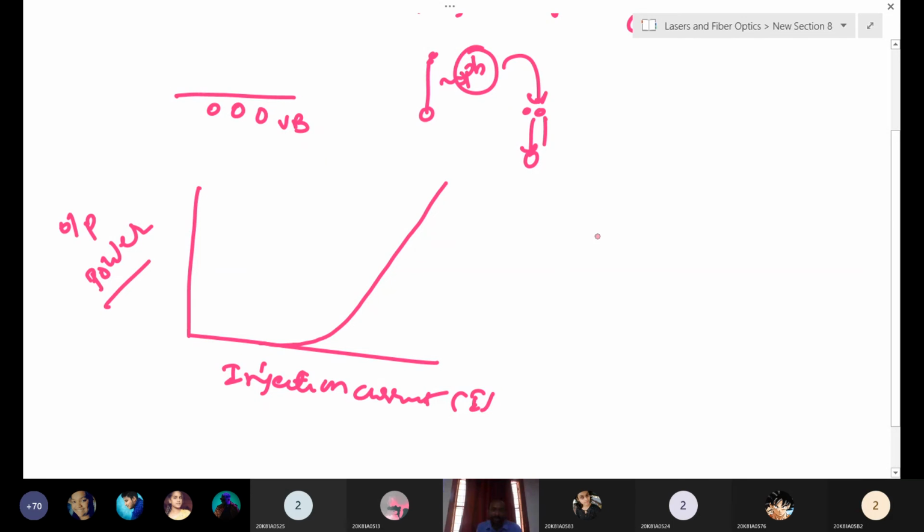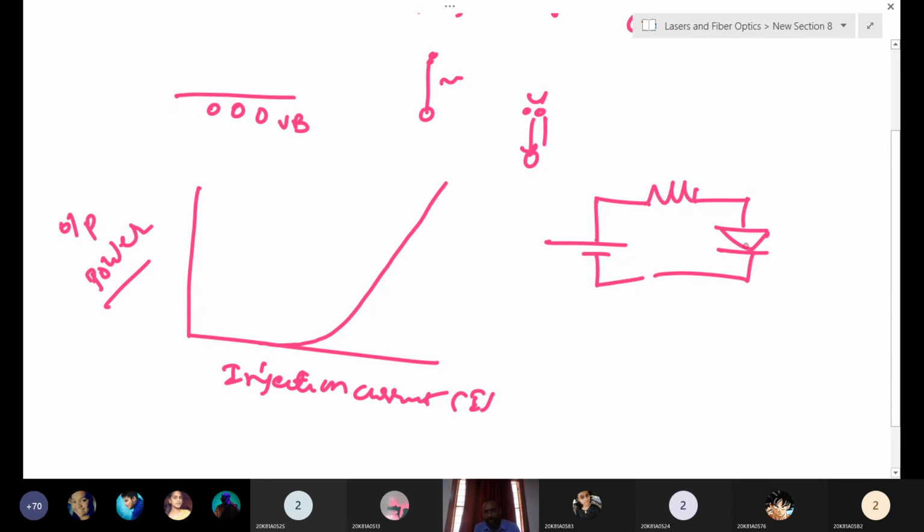The circuit diagram, you have already drawn this one. You can draw it here. Laser diode, there is a resistor, and here you have a diode. This laser diode will emit the photons. That's it. This is the circuit diagram. In the circuit diagram you have already done that. So this is a simple circuit diagram. This is power versus injection current, or you can write